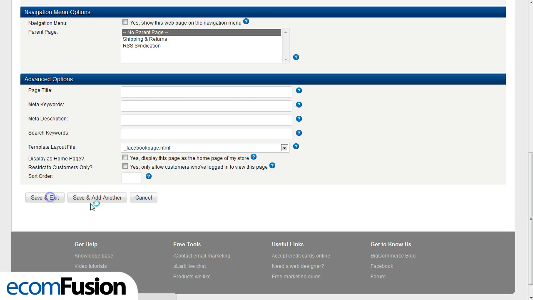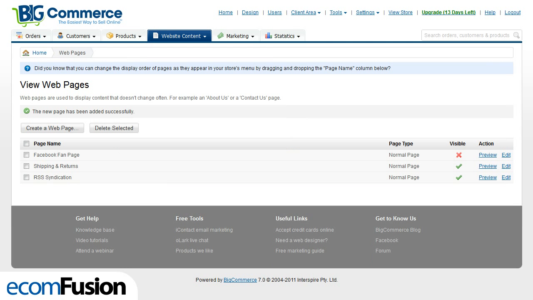And we can just save and exit. Now from here, I'm assuming you've already set up a Facebook page and integrated the BigCommerce social shop with it. If you haven't, I will link you to a video or a tutorial that shows you how to do that. And what we're going to do is create a custom Canvas page to be the welcome page for that Facebook page. You need to go to